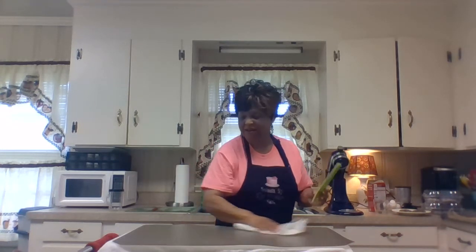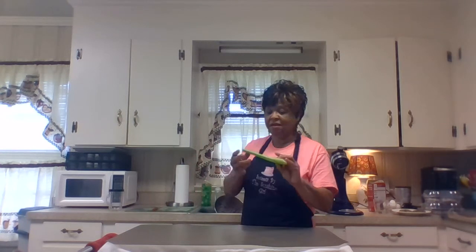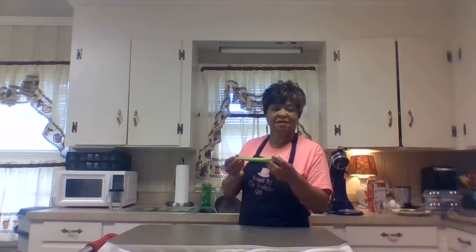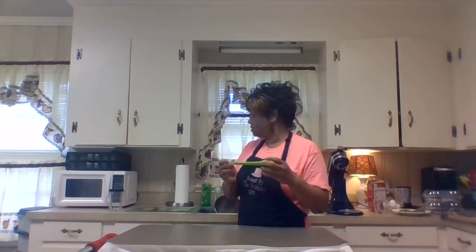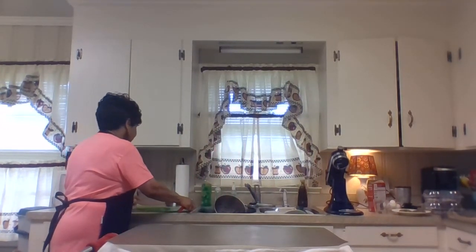This celery, sometimes I add a carrot with it if I want to get some vitamin A and that. But this is what I do every morning, faithfully. I get one, I cut the ends off, of course, and wash it real good. Then I take my knife. Okay, I can put this, my little...